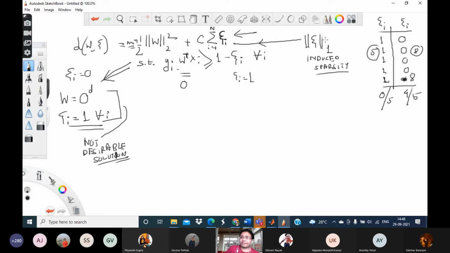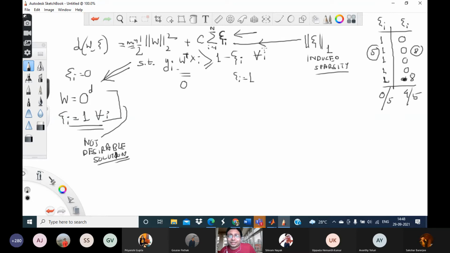The problem is that, as you remember, for lasso regression we said that we cannot directly solve it. We need numerical methods. So similarly, in this case also, we would not have been able to solve it so easily. The problem would have been difficult. So I make a compromise, and instead of going for the L1 norm of the xi's, I go for just the summation of the xi's, right? Now